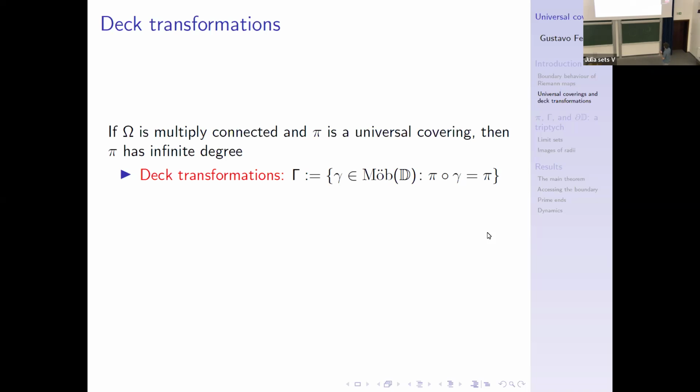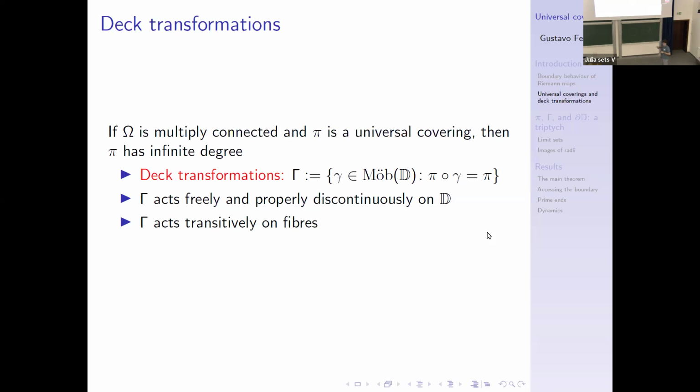so that are sort of invariant for the universal covering. And this group acts freely and properly discontinuously on D, which basically means that you don't have any rotations in this group. One, two, this group is discrete, so it's not some kind of continuous Lie group or anything. And it acts transitively on the fibers, which means that for any two points,